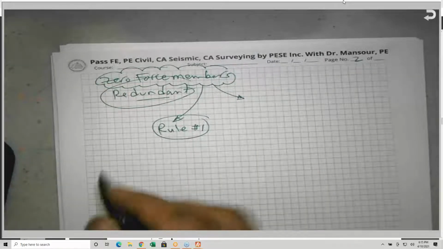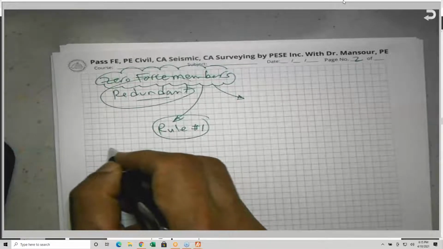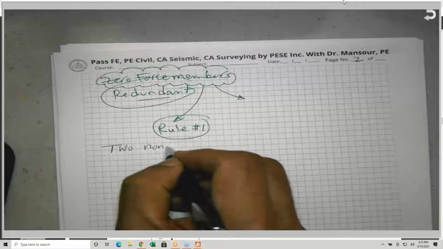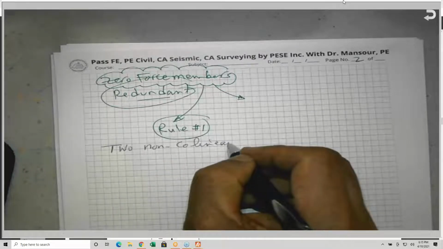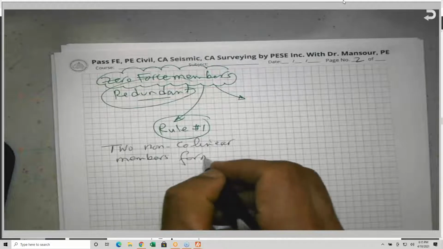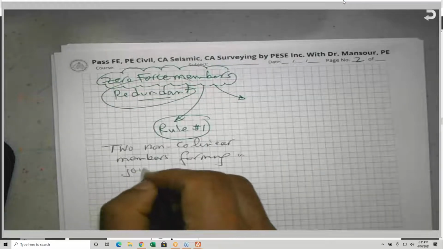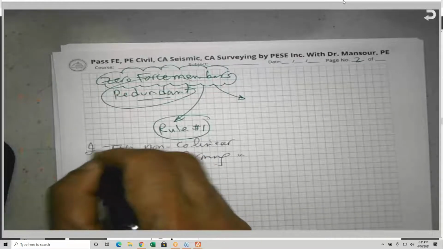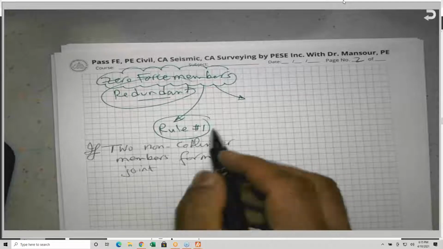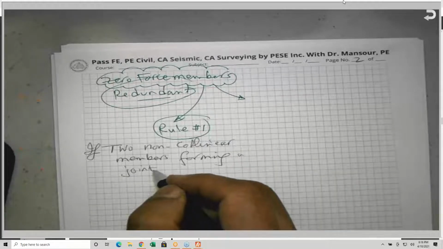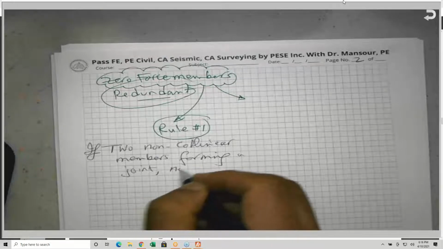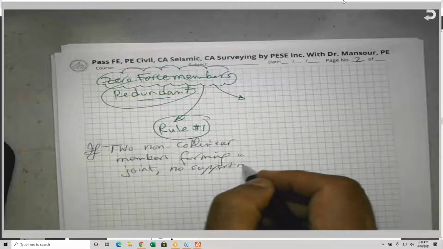Rule number one: two non-collinear members forming a joint, and no support or force